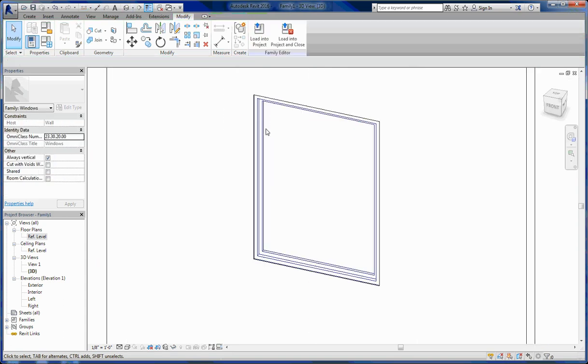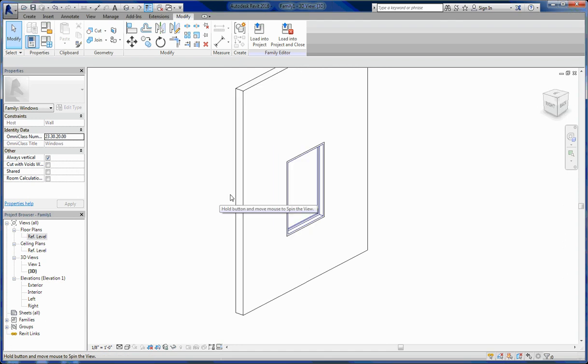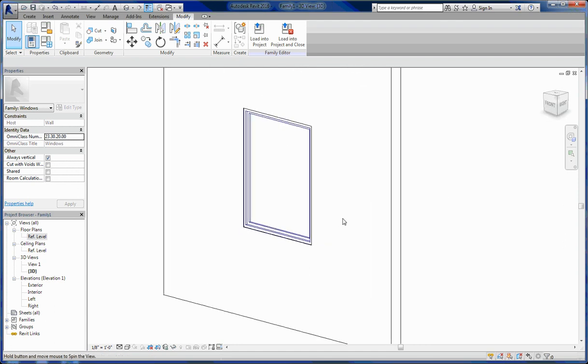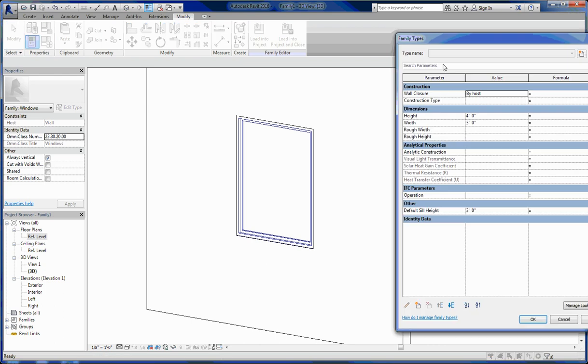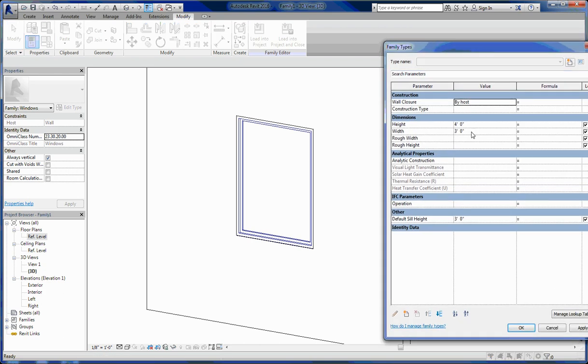So now, before I get too far along, I want to test this out and make sure that my basics are pretty much covered here. So I'm going to come up to my parameters, my family types window here, and I'm going to change this, and I'm going to change it a few times. I want to make sure that everything's working no matter what I do. So we'll make it 2 foot in height, and let's say we make this like a 4 foot width. If I hit apply,